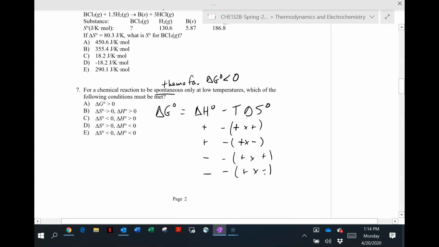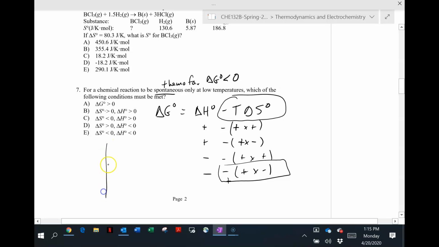All right. So what we're looking for is something where at high temperatures the thing is going to be non-spontaneous. So what that means is that this whole term, this T delta S term, has to be positive. And when the T gets bigger, that becomes more important and outweighs the delta H, which must be negative. So to get this whole term to be positive, positive times a negative is negative, minus a negative is positive, right? So that whole term together is positive, and then with the delta H being negative,